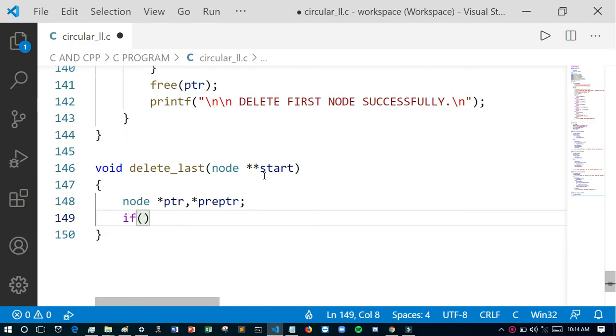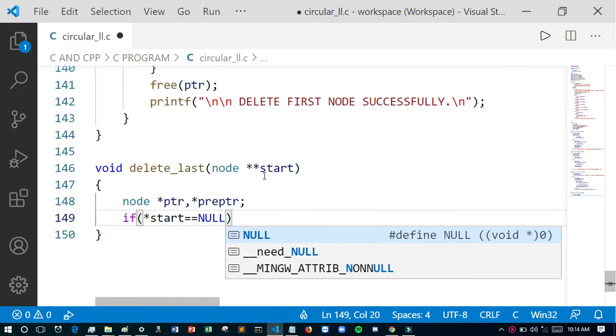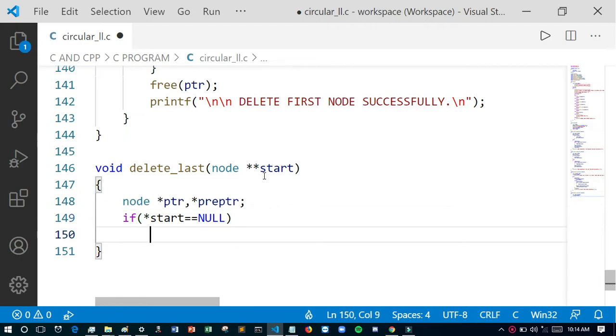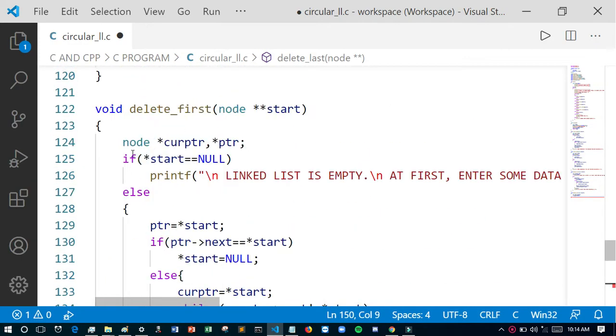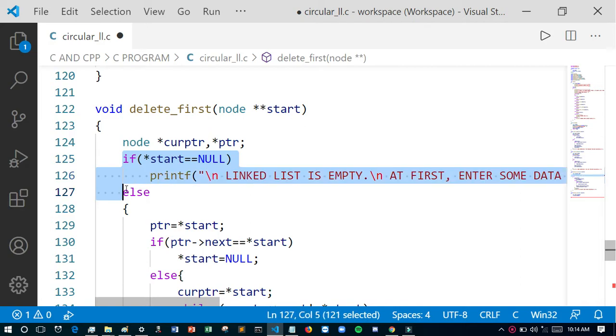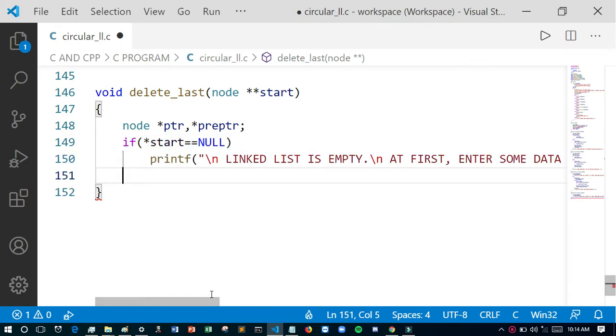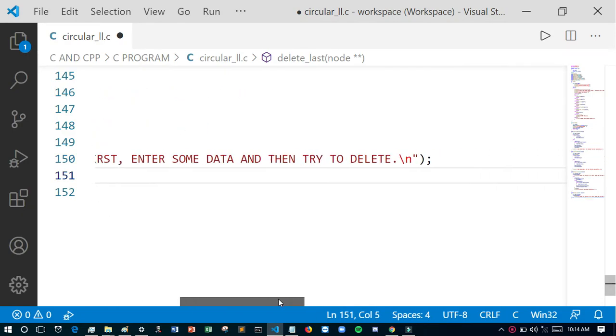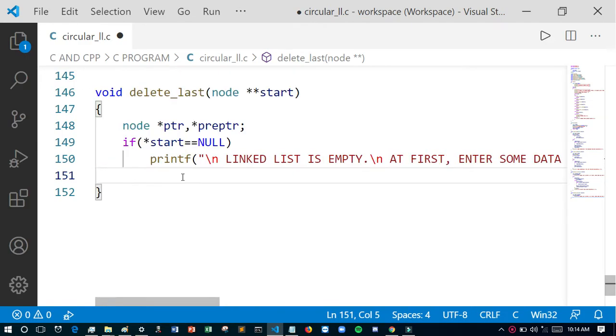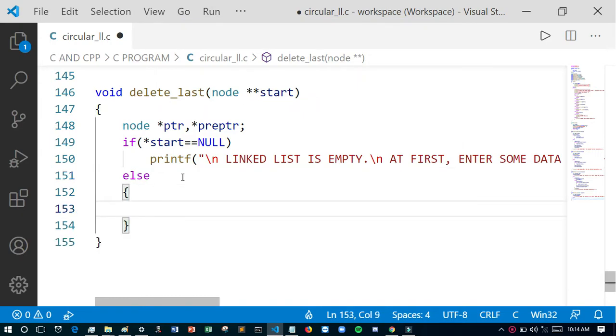If start equals null, we will give the same message: the linked list is empty, first enter some data and then try to delete. The else part will execute when a node is present.